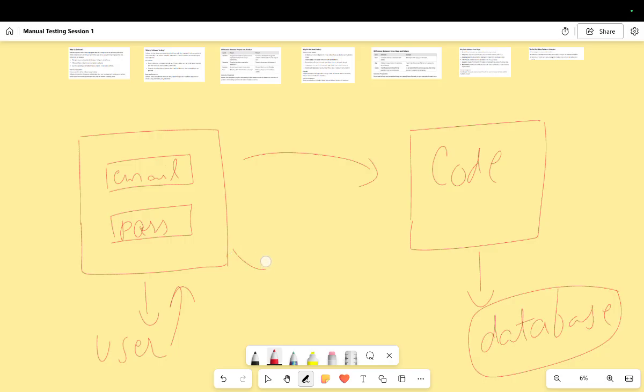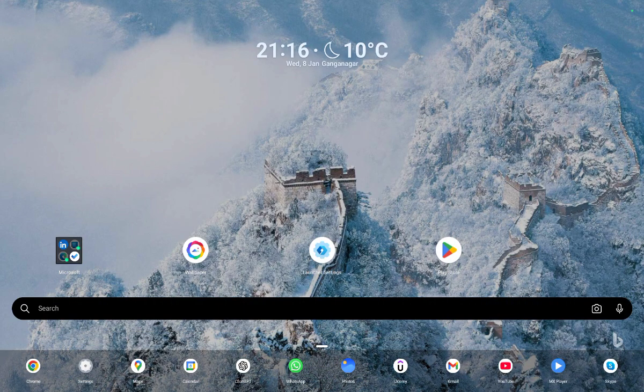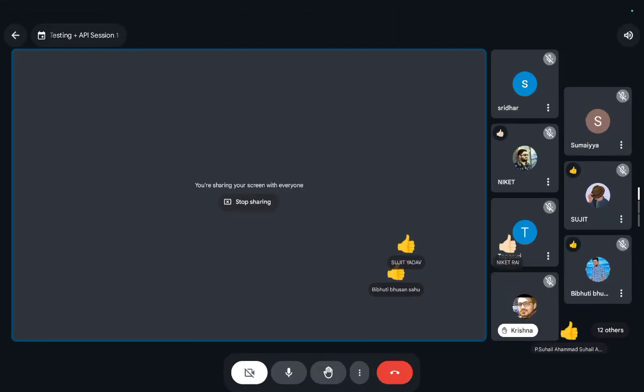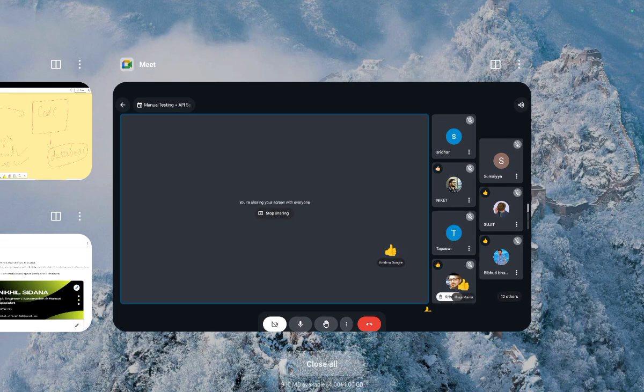You will only be able to log in if the email is correct and the password is correct, right? Guys, give me a thumbs up if I'm correct. Okay, cool.